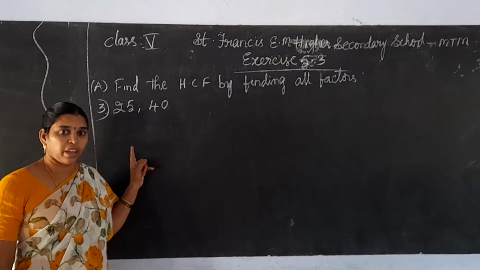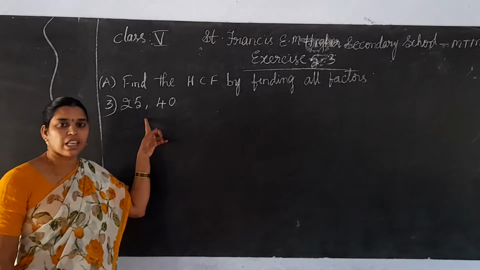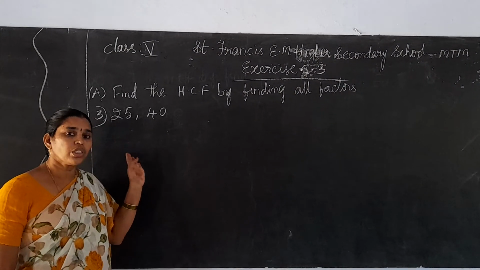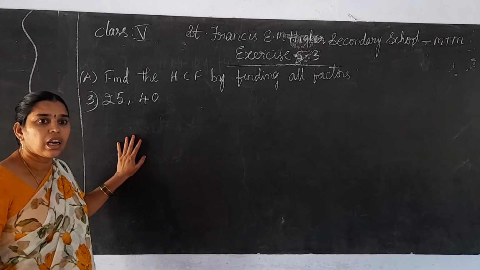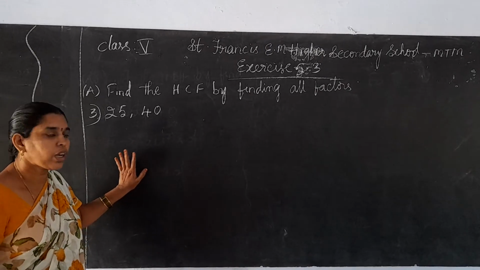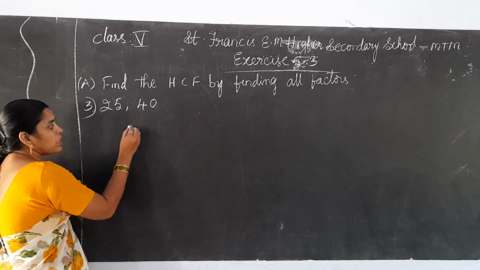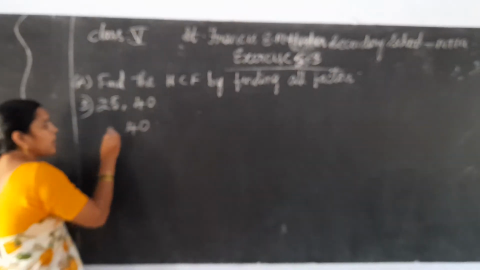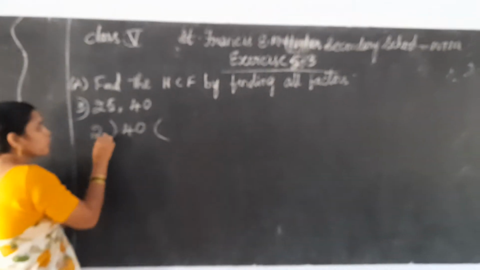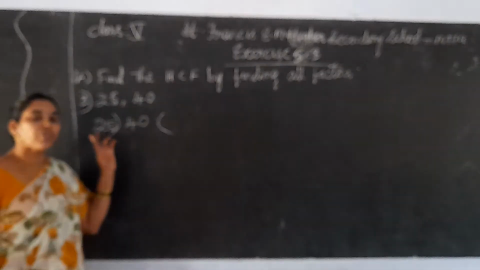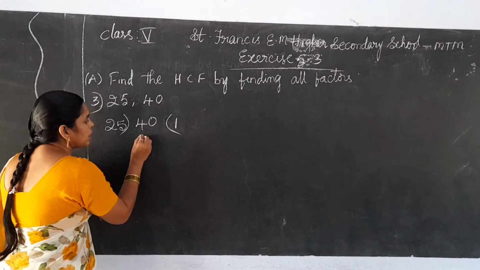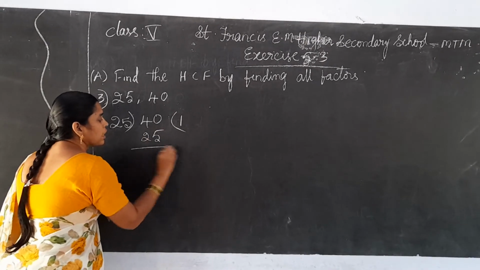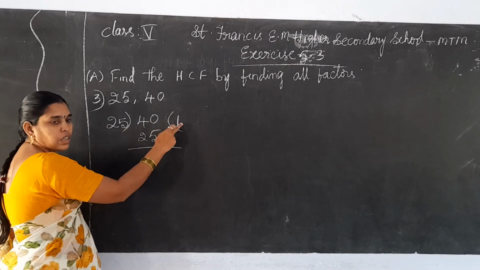Now I am going to explain this one using the division method. This is very useful, and you will use it in your higher classes also. This is very easy, so learn it properly. Okay, children. See, in these two numbers, write the highest one in the middle and divide with the smallest number. Right? 25 ones are 25, 25 twos are 50, so it will not go two times. That 1 you should write here and 25 you should write here. This is the divisor and this is the quotient.